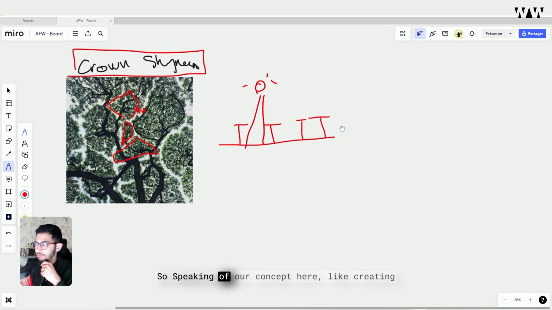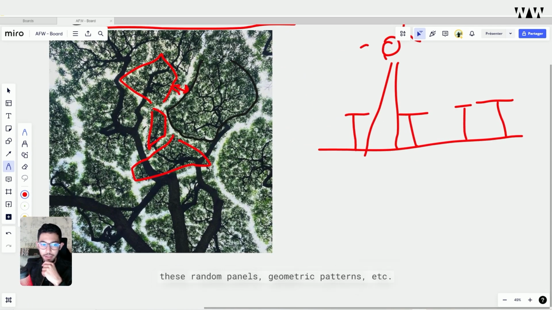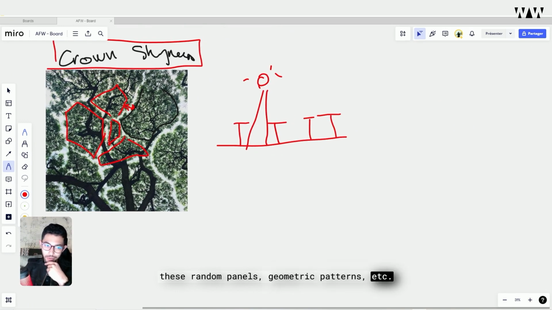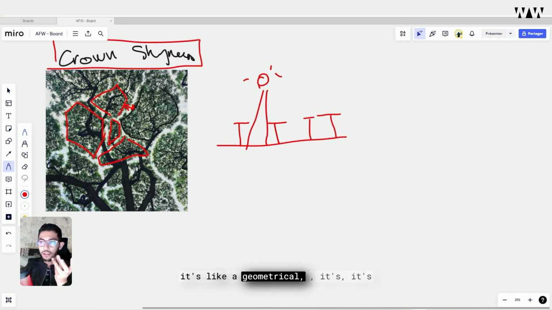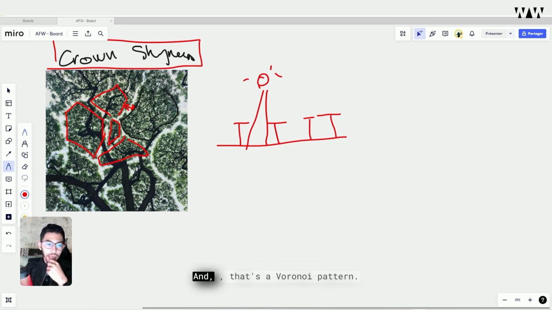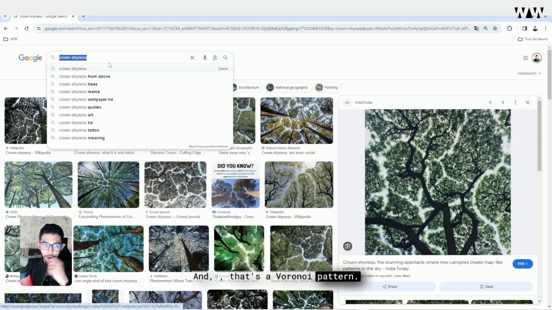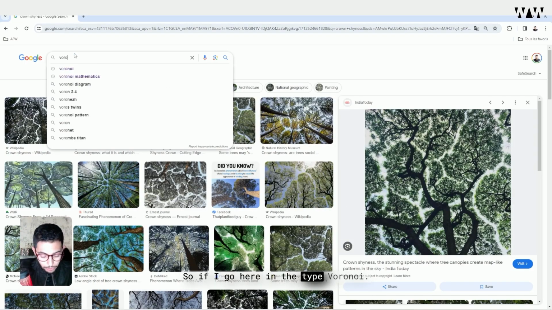So speaking of our concept here, like creating these random panels, geometric patterns, etc., I would want to use a geometrical mathematical function. I mean, it's not a function, but it's like a geometrical shape that occurs while doing some gymnastics in form. And that's a Voronoi pattern. So if I go here and I type Voronoi,